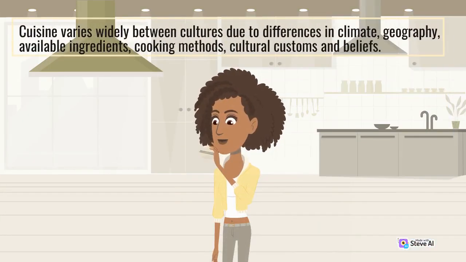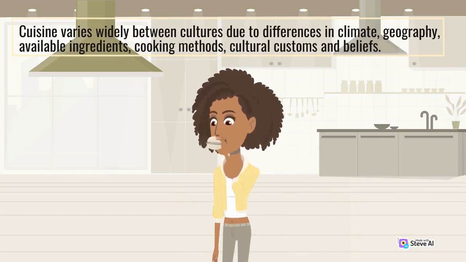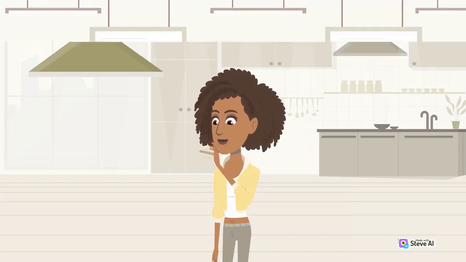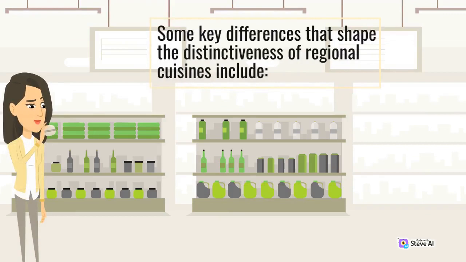Cuisine varies widely between cultures due to differences in climate, geography, available ingredients, cooking methods, cultural customs, and beliefs. Some key differences that shape the distinctiveness of regional cuisines include: